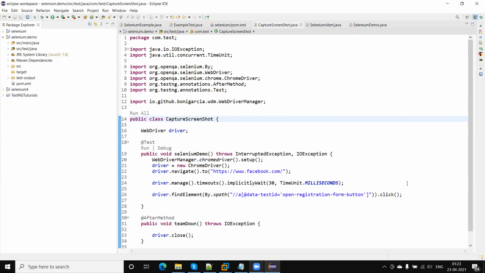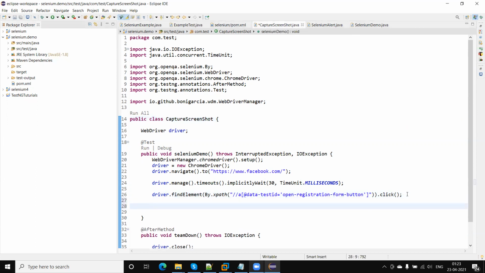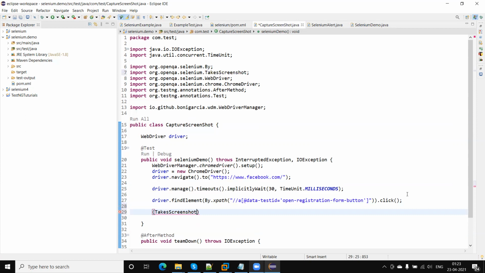So in that case, the TakesScreenshot interface is the super parent of each and every browser object. So we can typecast the driver object into the TakesScreenshot object. Okay, so take a screenshot.